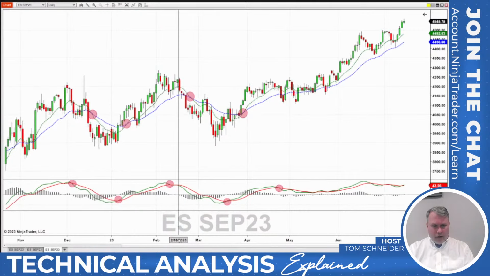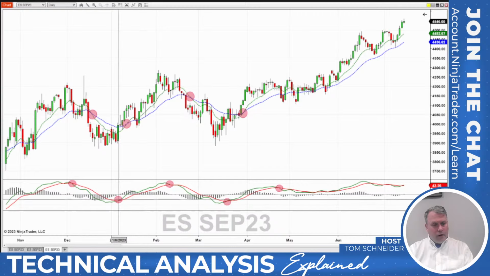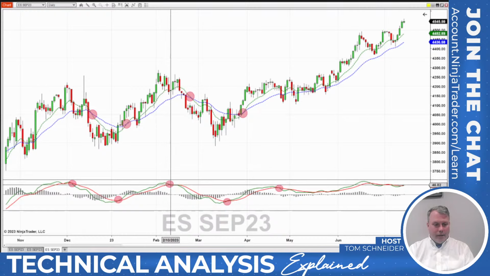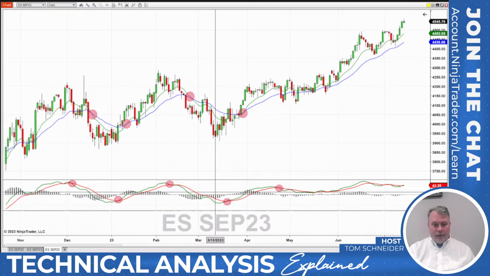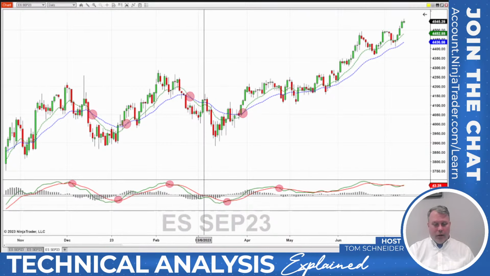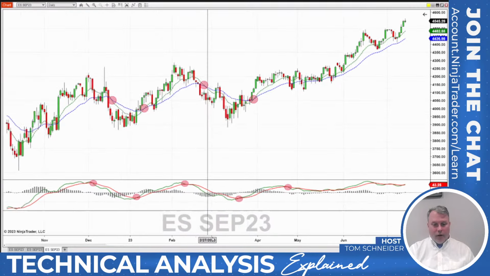So what does the histogram do? Well, when the histogram crosses 0, that's when we see crosses in these two lines. Same concept. Just like the MACD crosses 0 when the difference of these two lines is 0, when they cross. Same thing with the MACD and its average line, the histogram, or the difference. Okay, so that's interesting. Well, there's one more thing we can use the histogram for, and this is where it gets a little bit aggressive. Sometimes I've seen traders use the change in the histogram as an indicator, but it's very aggressive.